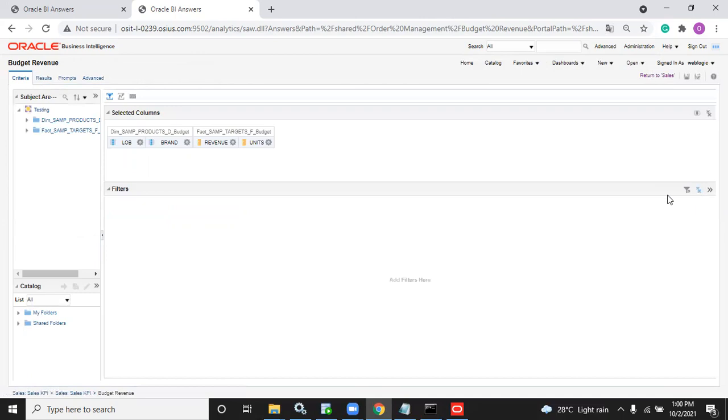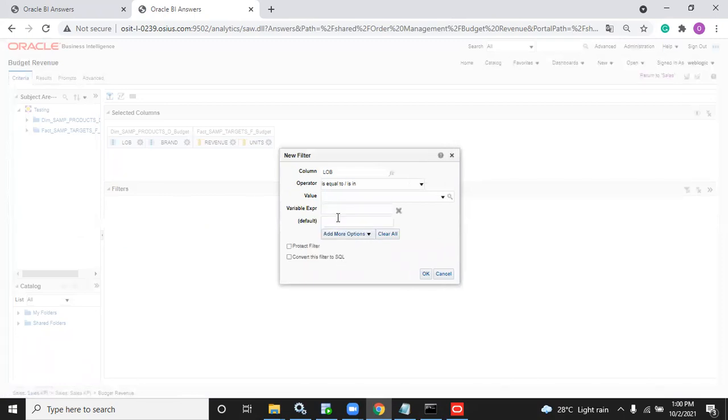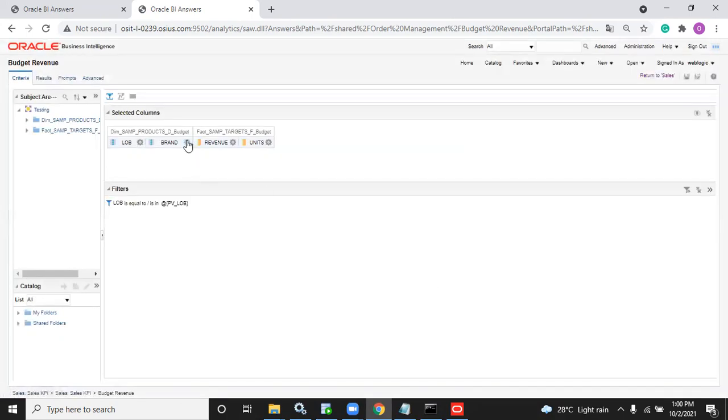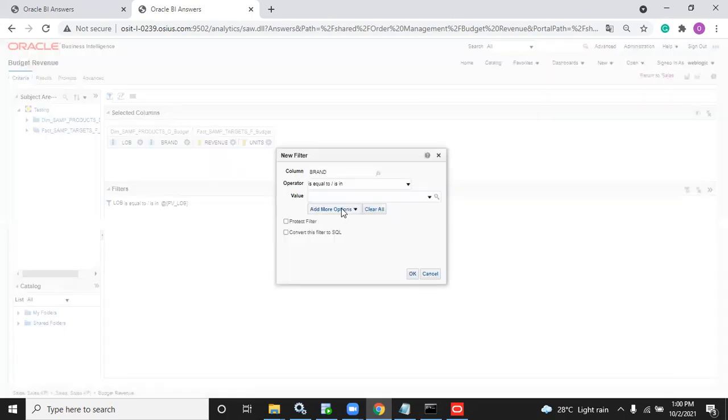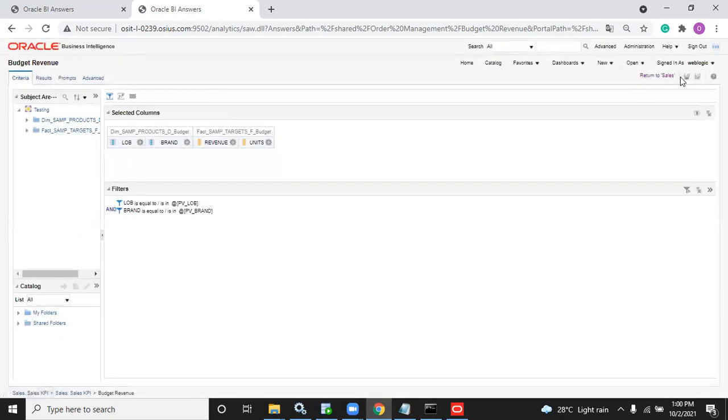Now is prompted will not work here. So you have to go to filter, add more options, presentation variable. What is the variable name? PV_LOB. For LOB we have created PV_LOB, and for brand, PV_BRAND. Two variables we created, one for brand, one for LOB. Clear?